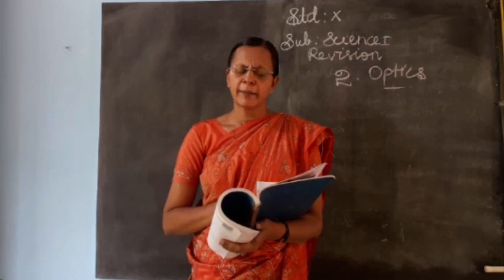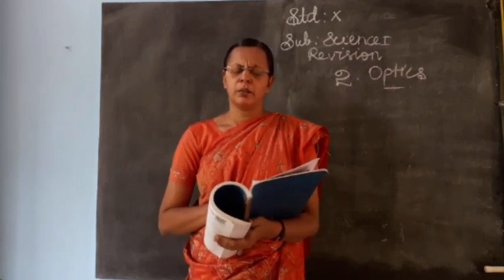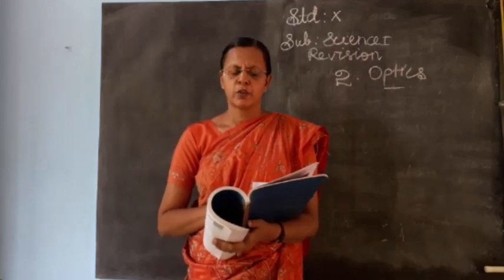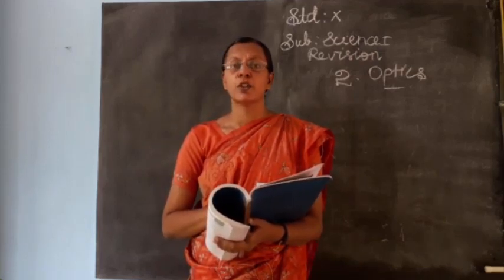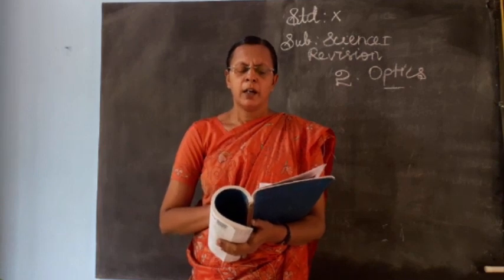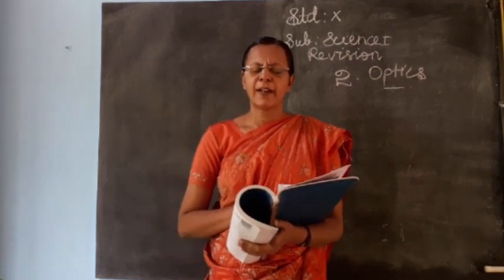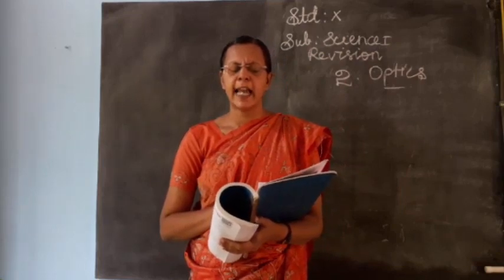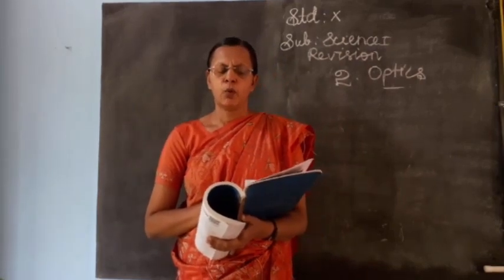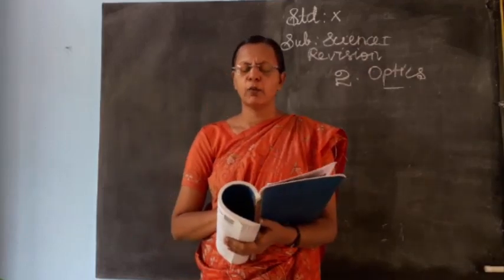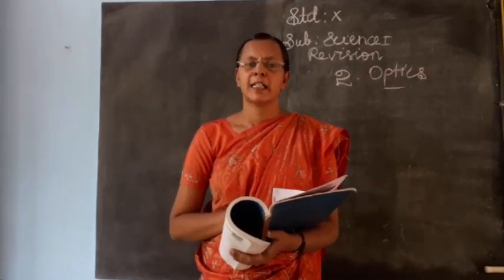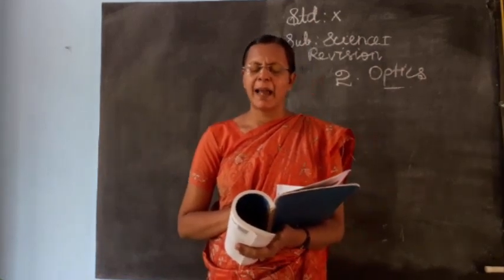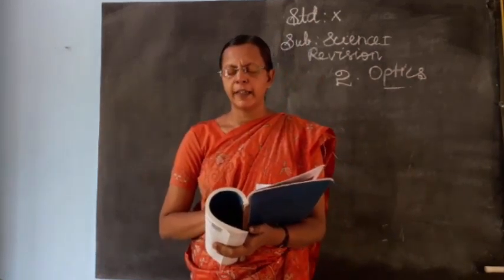Okay, while I am reading the choose the correct answer, you also say along with me. Question as well as answer. Not only answer, question also you must know thoroughly. First question, the refractive index of four substances A, B, C and D are 1.31, 1.43, 1.33, 2.4 respectively. The speed of light is maximum in A.